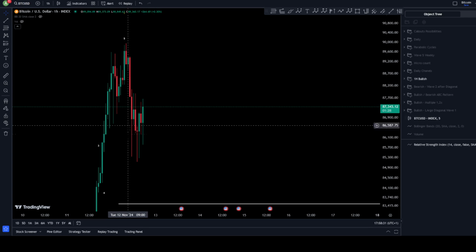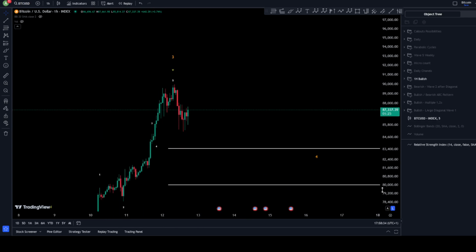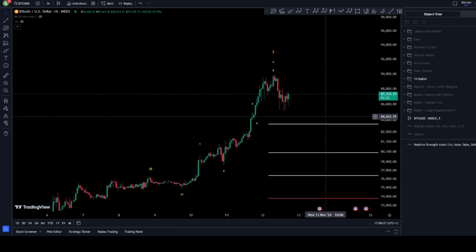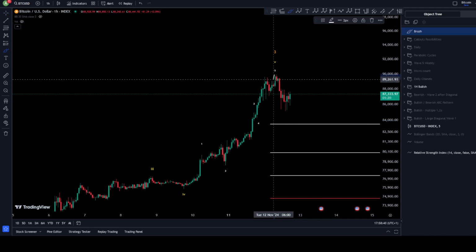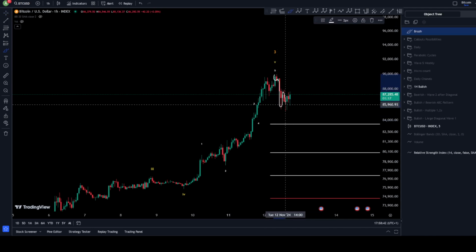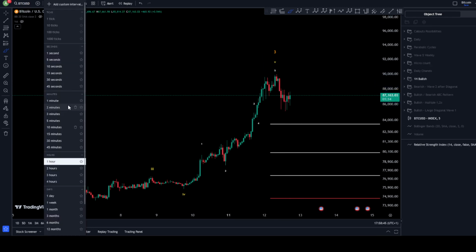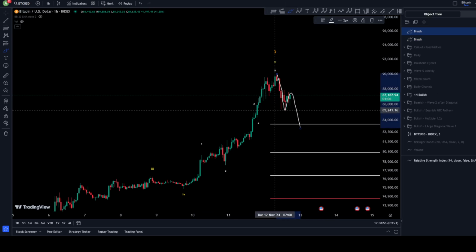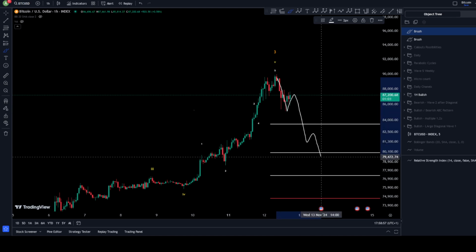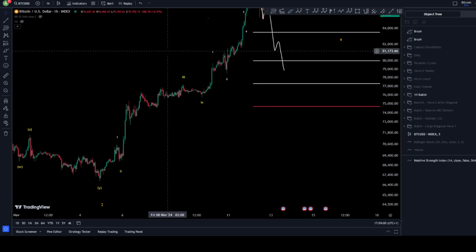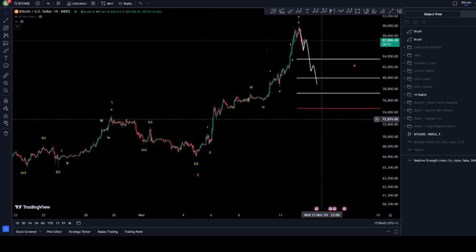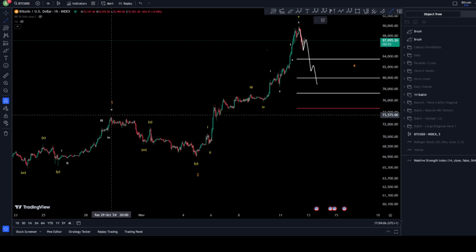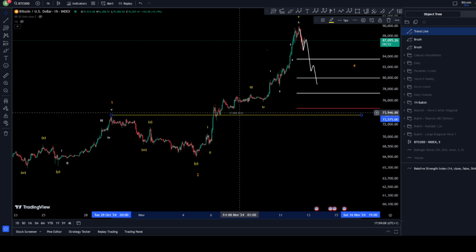Where we are looking for a little bit of a sharp wave towards the downside, but still not very clear, because of course it can be an impulse, right? 1 2 3 4 5, but internally it can even be a zigzag, right? As a zigzag where you are looking for A, B, and a C. So as an impulse, you want to, of course, dive deeper for Bitcoin, but it's not really nice to see this, because if we reach the wave 1 top here that we have, this is your invalidation